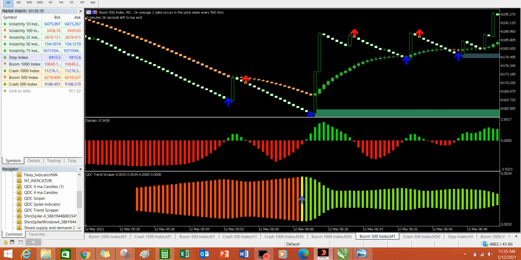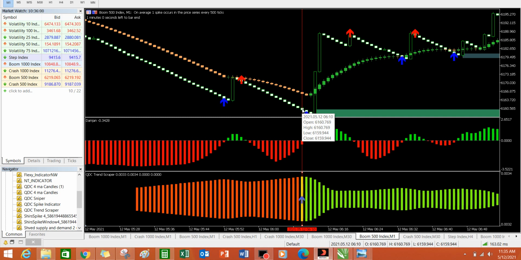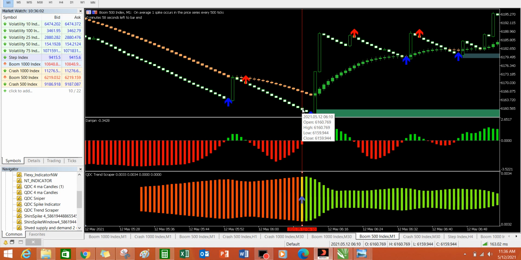So the first thing we should look out for is the trend. It was on a downtrend before, because the market was red here, that is why you can see it falling around this period. But right here, we got an uptrend arrow, which means that we should be getting ready to buy the spike. If you like, you can place your order here. It is most likely that you see red for a while before it starts spiking, but I will advise you to wait for this blue arrow to show up, which is the buy signal. Once the blue arrow shows up, or you are already at the support level, you can place your order.